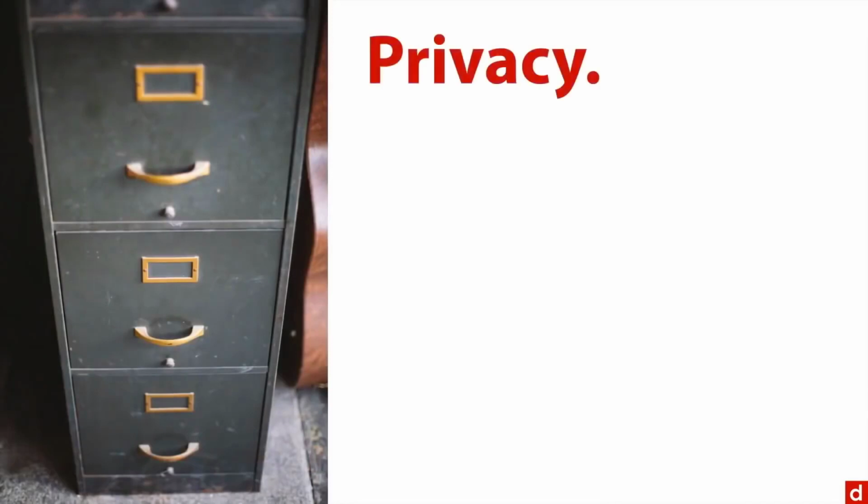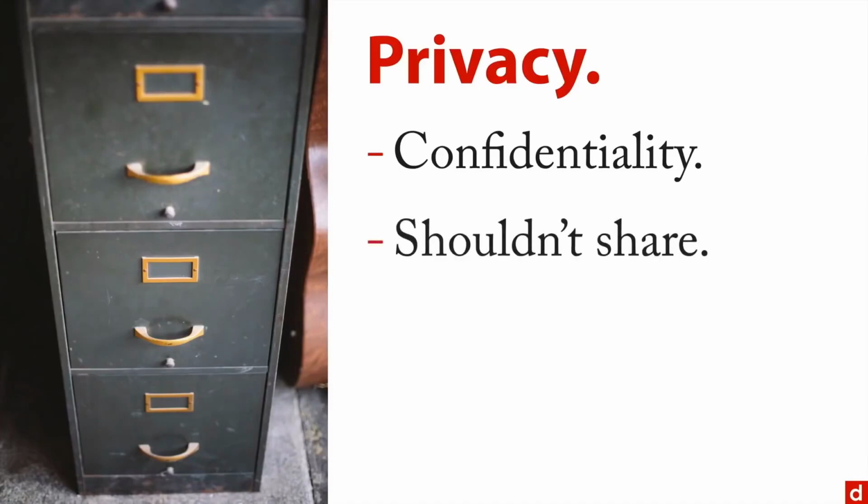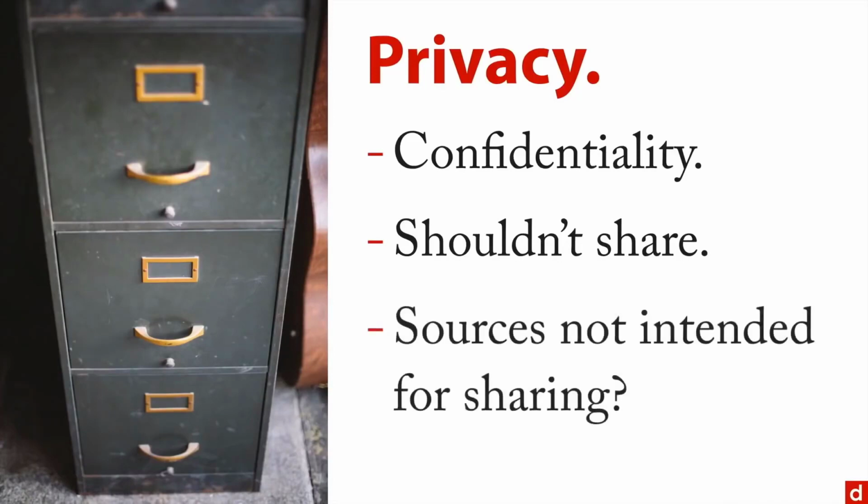Number one is privacy. That data tells you a lot about people, and you need to be concerned about the confidentiality. If you have private information about people, their names, their social security numbers, their addresses, their credit scores, their health, that's private, that's confidential, and you shouldn't share that information unless they specifically gave you permission. Now, one of the reasons this presents a special challenge in data science, because we'll see later, a lot of the sources that are used in data science were not intended for sharing.